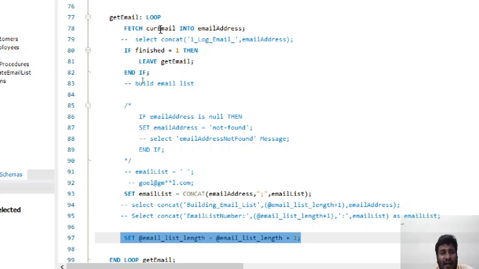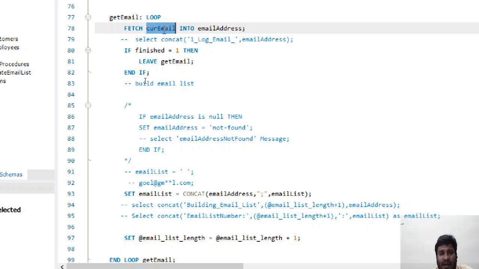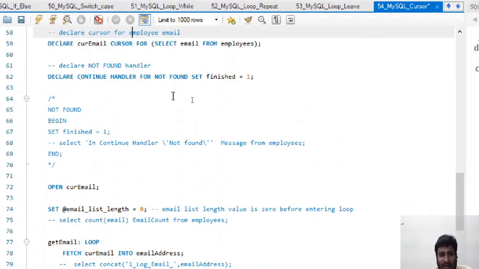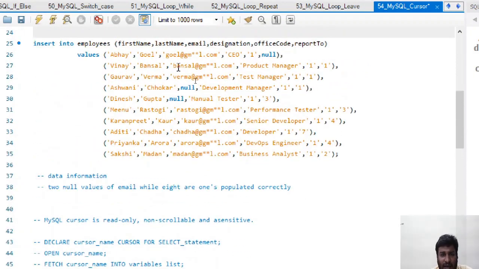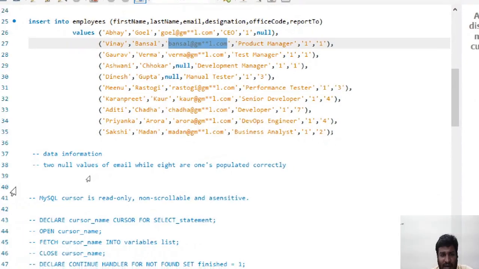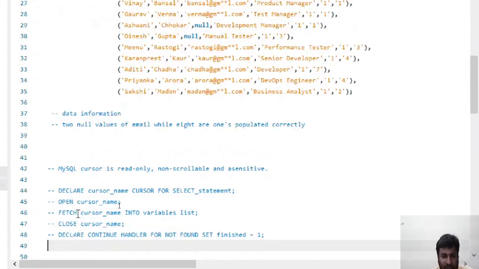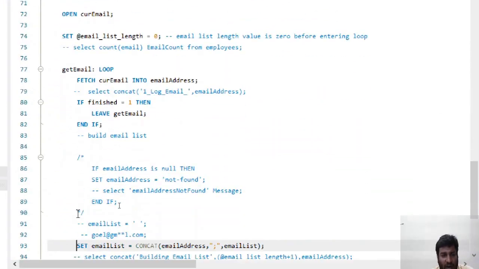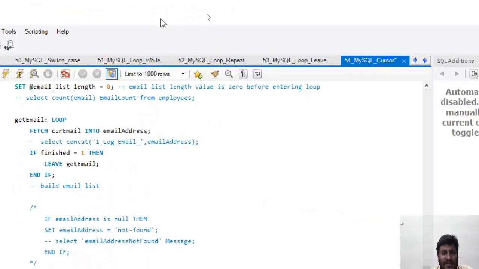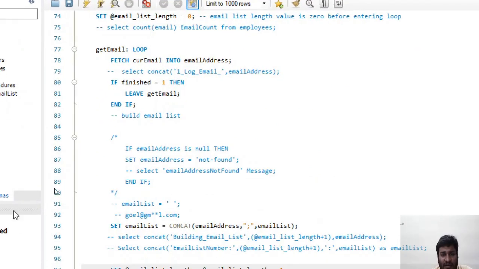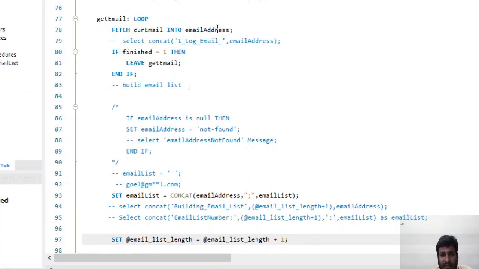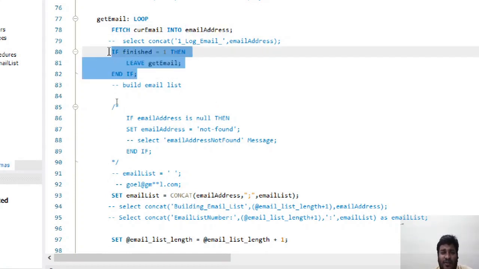At the second time, we see the second email address. What is the second email address? The second email address is bansal at the rate gm.com, right? First was goel, then it is bansal. Now it will pick the second email address Bansal and put it inside email address. Then it will see if it has reached the last of the rows. No, it will not go inside it.